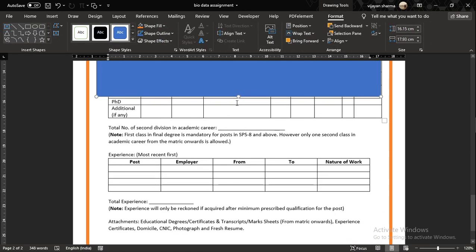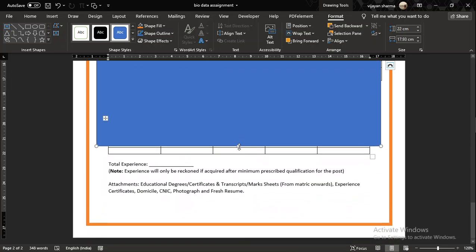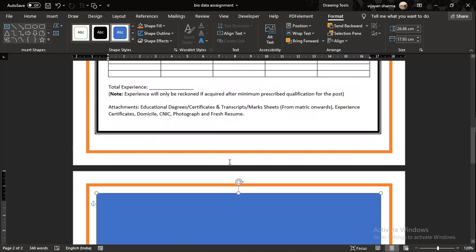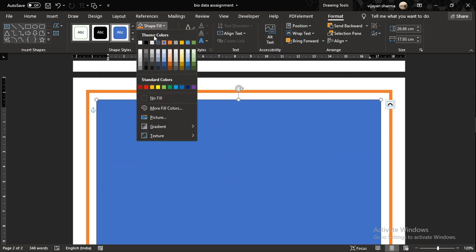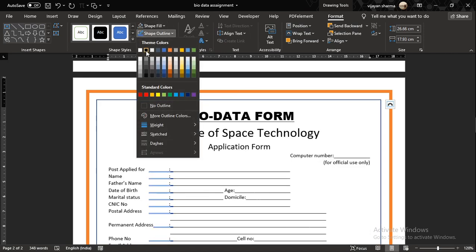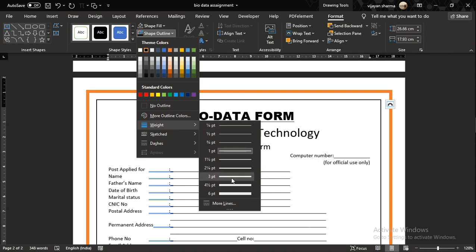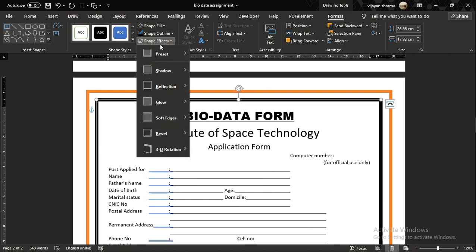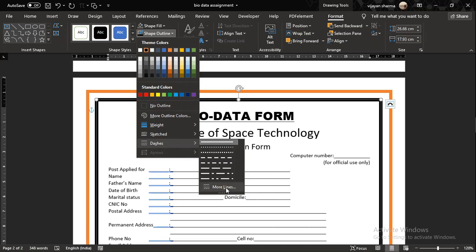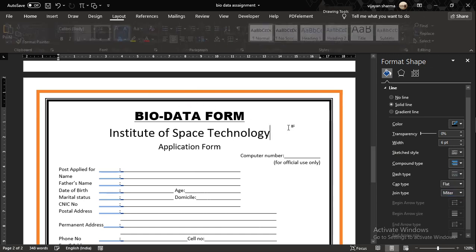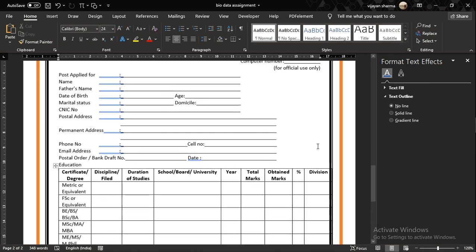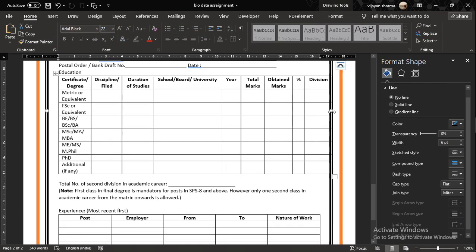See carefully, you have to draw a rectangle over here for the second border. When this rectangle is drawn, double click on it. This format tab will activate. In the shape fill you go and do no fill. In the outline you go and do black. Again in the shape outline take the weight as 6 point. Again in the shape outline take the dashes and select the mode lines. From here take compound type, and choose the fourth option. See that the same style has appeared as in the original. Now the problem is this margin is overlapping with the table, so we will extend it manually like this.